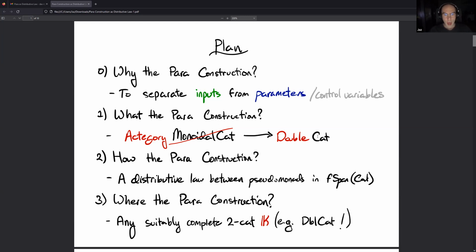And so after I've told you why I want to do it, I'm going to tell you what it is I want to do. So the para construction is usually seen as taking, or was originally seen as taking, a monoidal category and giving you a category. So it takes your monoidal category, which is your process theory, and it gives you a category, which are your controlled processes. But what we're going to see is it taking in an actegory, which is a fun name, I believe, due to